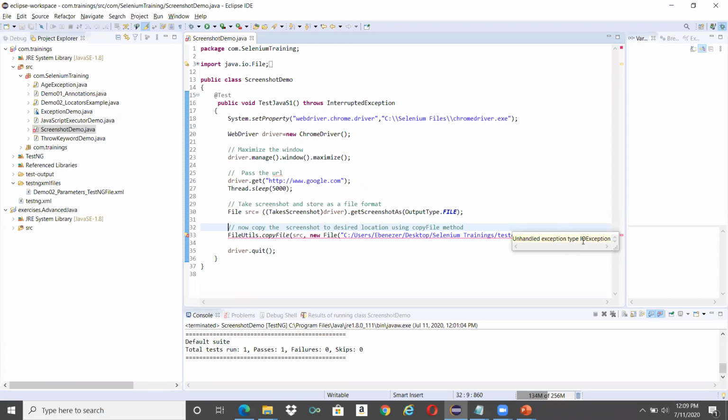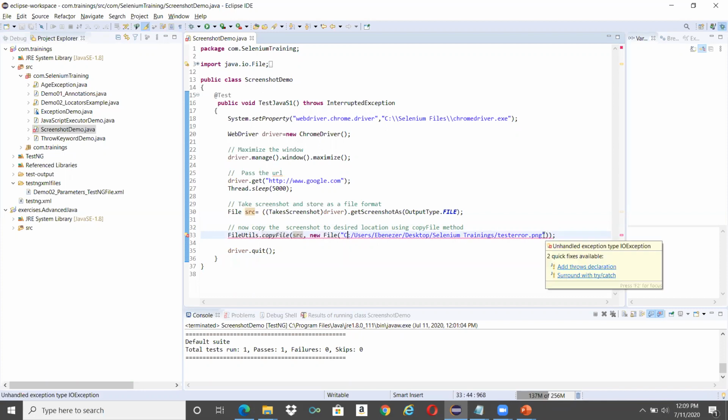That means input output exception. You're trying to input and output some files. Sometimes you're trying to copy this and paste here. Maybe at that place this particular name may have already existed. So in order to handle such an exception, it is asking us to handle this.